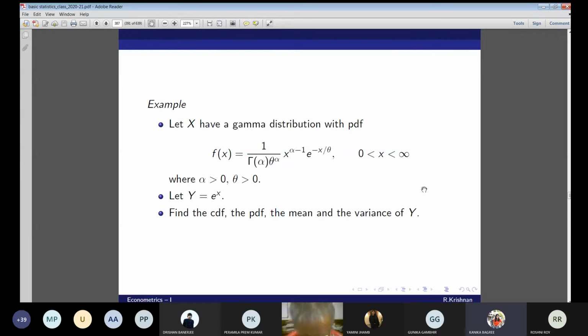Now our job is to find the PDF. You have written the CDF. Now for the PDF, you have to differentiate. How do you differentiate under the integral sign? You know the formula? Newton's, Leibniz. If you don't know the formula, I'll type and send it to you. So why don't we use Jacobian, sir? It'll be easier. Yes, in the change of variable technique, I'm going to use the Jacobian.